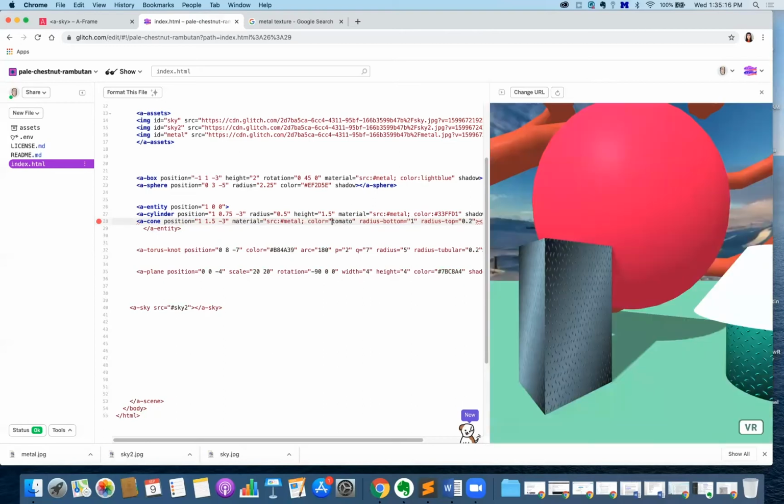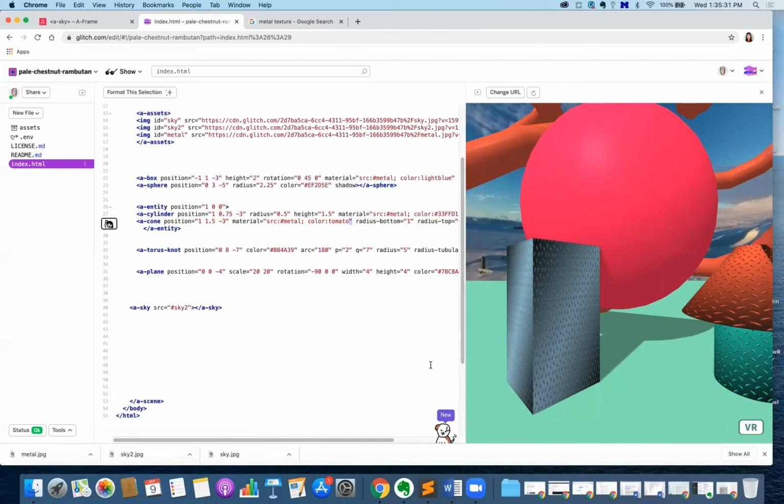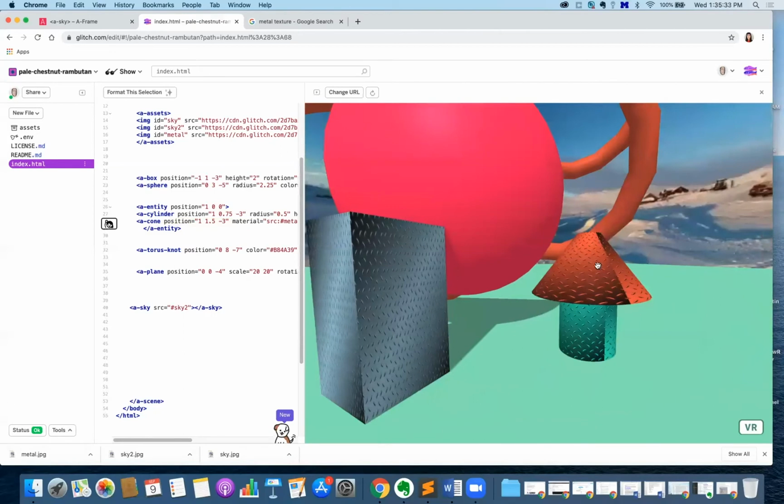And then the color, once we have it in here, we change it so that it's written all within the quotation marks, so we don't want double quotation marks. Okay, so now we see that we have this little mushroom that's made of metal and this box, but our